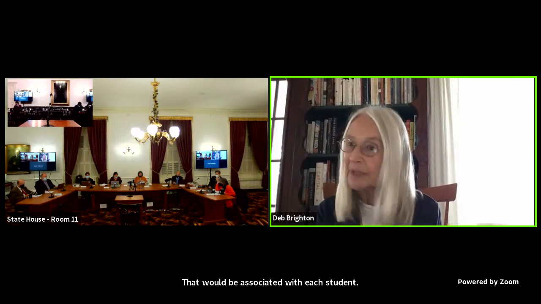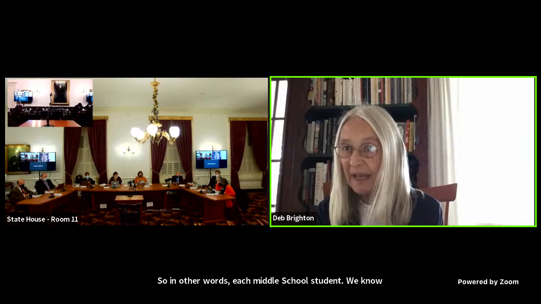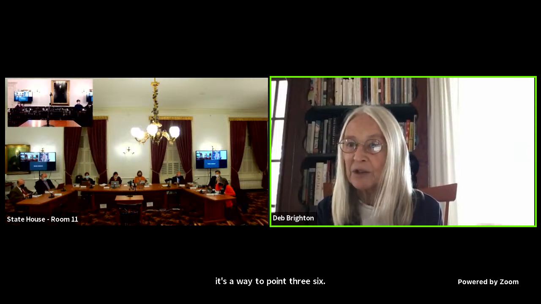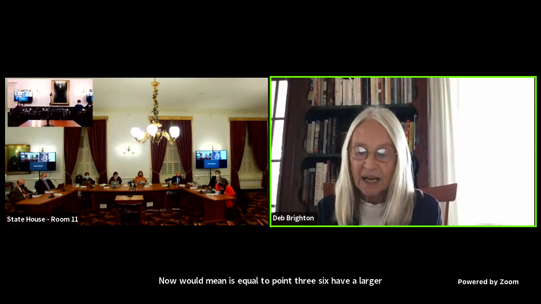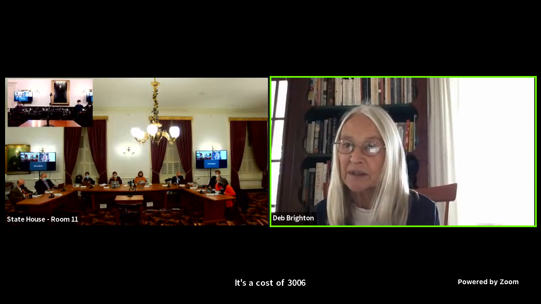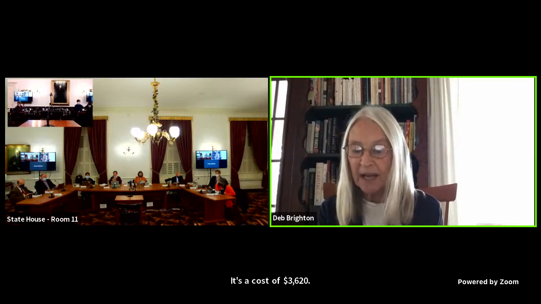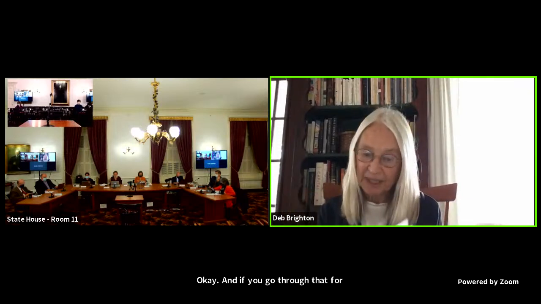So each middle school student, we know it's a weight of 0.36. That would mean it's equal to 0.36 of a long-term weighted ADM. But in terms of cost, we're saying it's a cost of $3,620. Okay, and if you go through that for every single category, they would all be the same